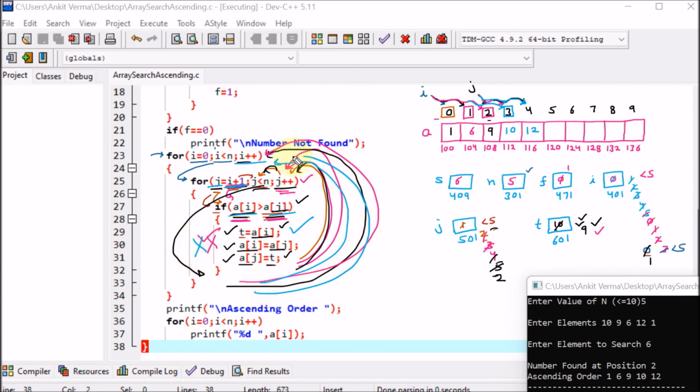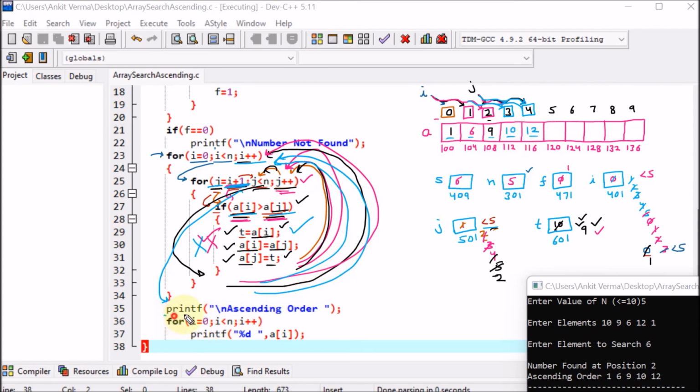It will be going out, then the value of I will be incremented and I will be going on the 4 right now. Then further I is fixing this and j will start from I plus 1, but there is no further element because I plus 1 is 5. So here 5 less than 5, the loop will be false, it will come out. So both the loops will come out and we can see that all our elements are arranged. So here 1, 6, 9, 10 and 12 are arranged.